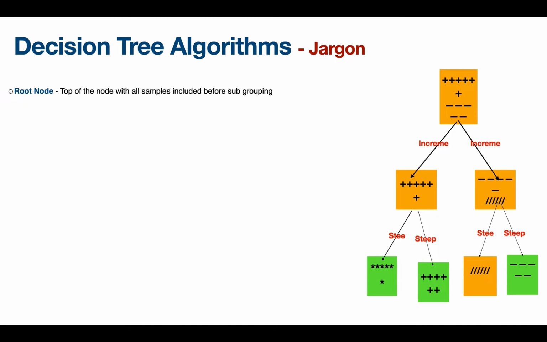So firstly, the root node of the tree, right? So we know the top of the tree is the root node, the very first node with all the samples. That's what we call a root node. And then decision nodes are the intermediary nodes, right? The nodes here with the yellow, they are mostly intermediary nodes, so they have multiple categories in them, right? And they are still intermediate because they are not the final leaf nodes which are ending up in the decision, but they are helping in further splitting down. So those are called decision nodes,